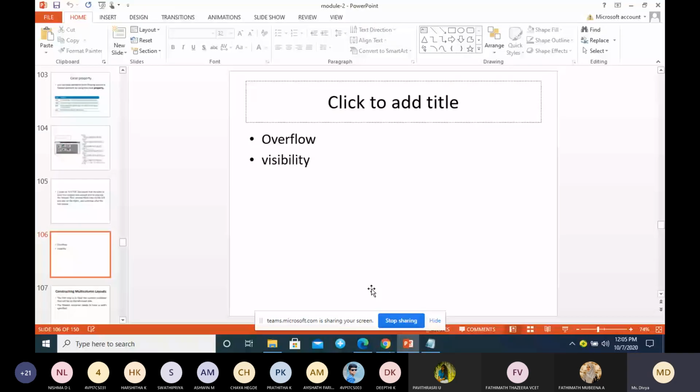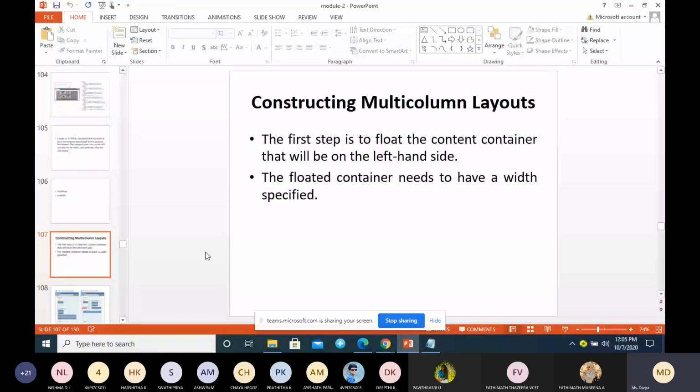So the next one is constructing multi-column layouts. What are multiple column layouts?